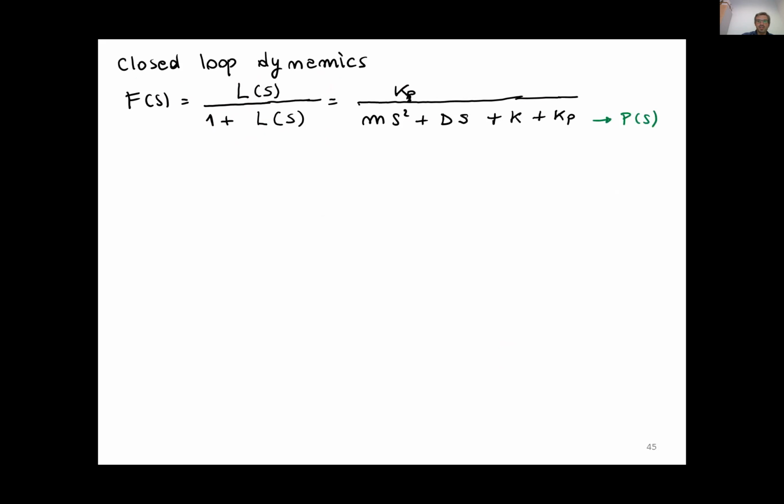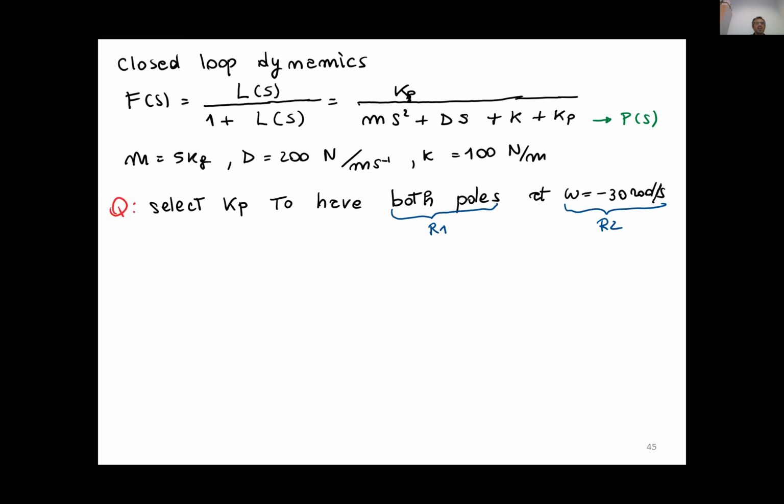And this is the characteristic polynomial. The parameters of our system are a 5 kilogram mass, a damping of 200, and a stiffness of 100. The assignment that we have is that we want to select our controller parameter Kp to have both the poles, this is the first requirement, coincident, at